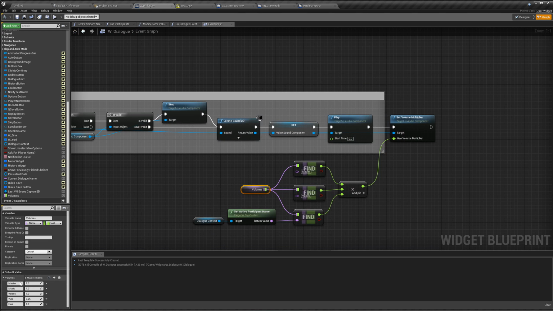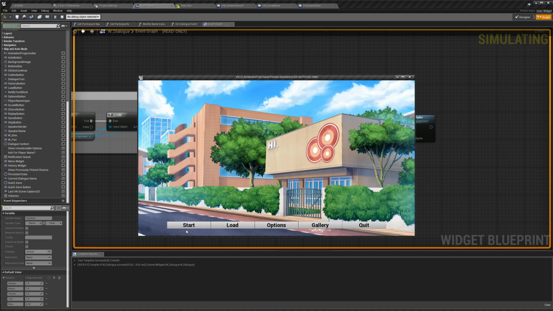There you go. So Yuri was significantly lower volume than Aina, and if we do a reverse of that, so that Aina is now 0.25,